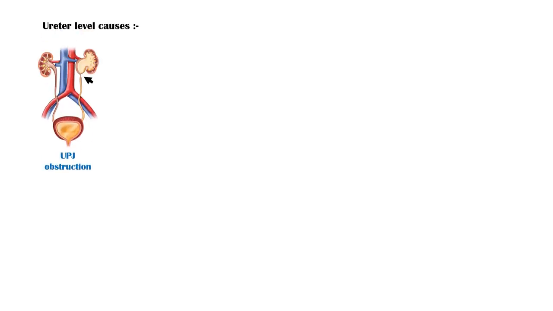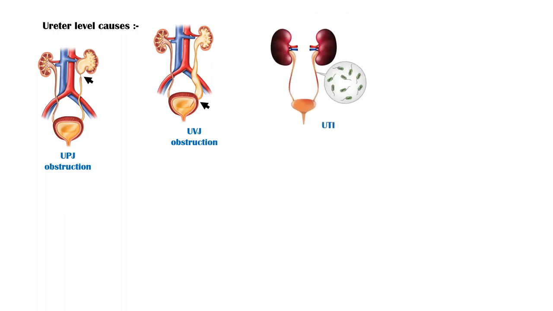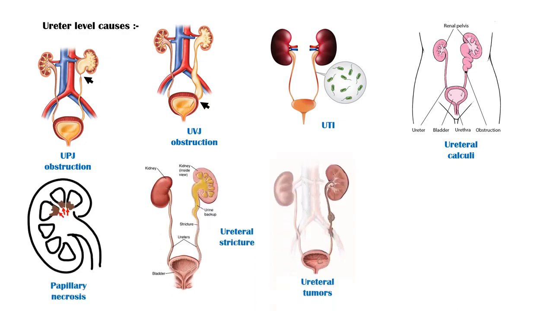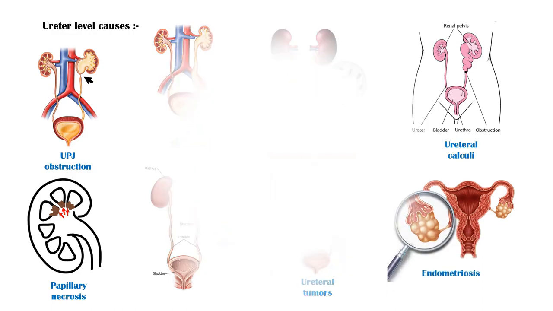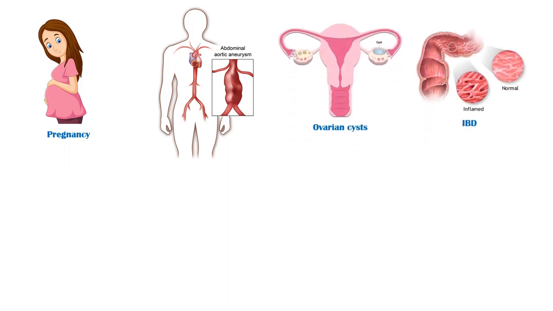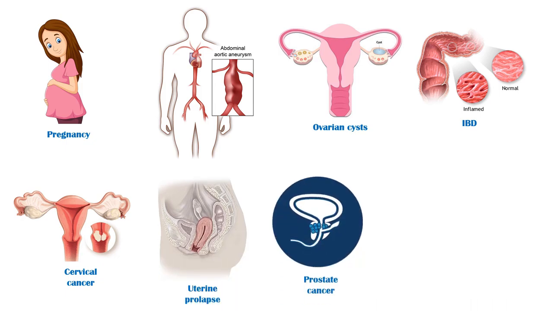A multitude of causes exist for hydronephrosis and hydroureter. These can be broadly categorized into ureter-level causes, bladder-level causes, and urethral-level causes. Some ureter-level causes include the following: uretero-pelvic junction obstruction, uretero-vesical junction obstruction, urinary tract infections, ureteral calculi, papillary necrosis, ureteral strictures, ureteral tumors, endometriosis, pregnancy, abdominal aortic aneurysms, ovarian cysts, inflammatory bowel disease, cervical cancer, uterine prolapse, prostate cancer, and